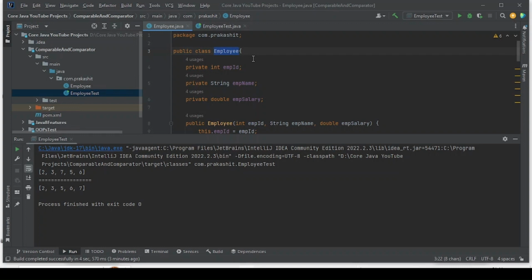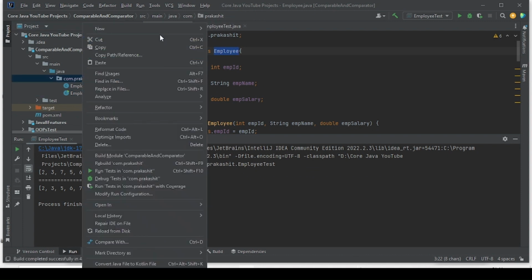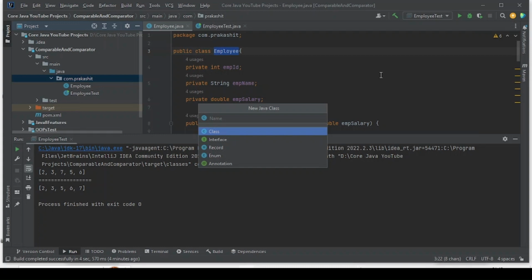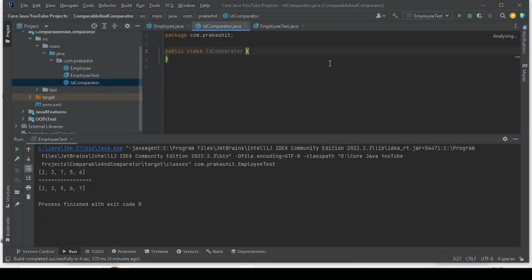At that time, we need not modify the base class, that is the Employee class. What we have to do is write another class on what basis we want to sort. Here we want to do the sorting based on the ID, so we can write IDComparator. We do not modify the base class; we write another comparator that is different, which implements